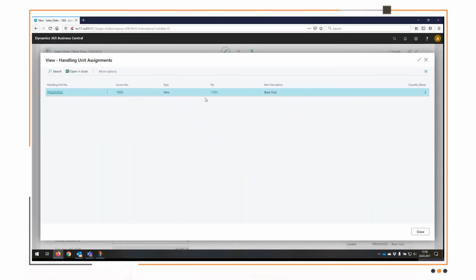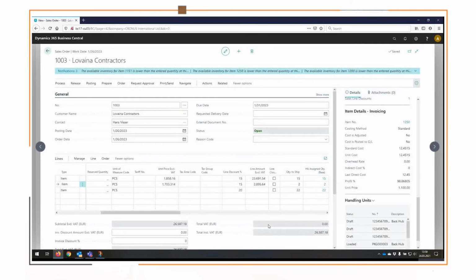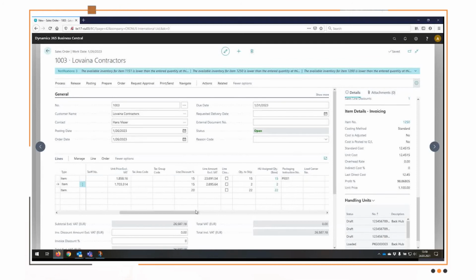Here comes the package 3, assigned 2 pieces of the back hub to this line. This is also governing the quantity to ship. That means if I assign a handling unit to a document, the system will automatically update my quantity to ship and also eventual item tracking if I have items handled by item tracking,